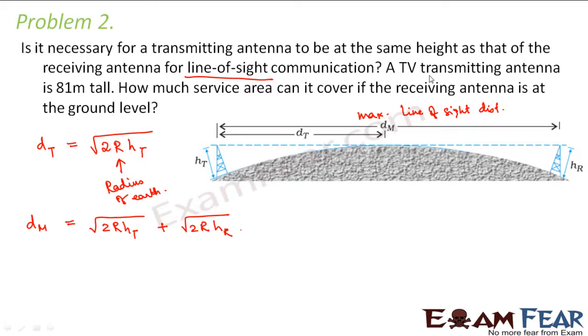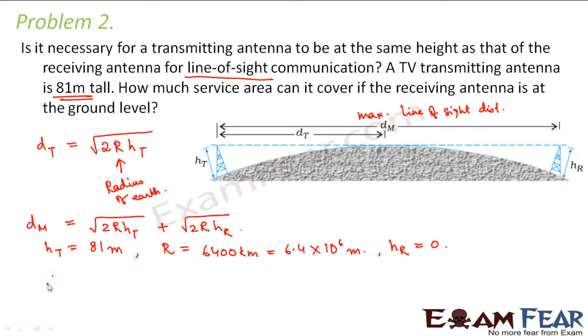Now in this problem, it is told that the TV transmitting antenna is 81 meters tall. That means HT is given as 81 meters. Also, we know that the radius of the earth R is equal to 6400 kilometers, which is equal to 6.4 into 10 to the power 6 meters. How much surface area can it cover if the receiving antenna is at the ground level? When I measure the height of these antennas, we measure it from the ground. So if the receiving antenna is at the ground level, that means the height of the receiving antenna is equal to